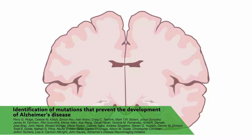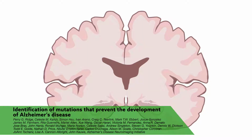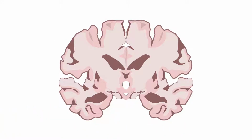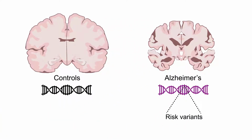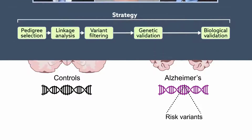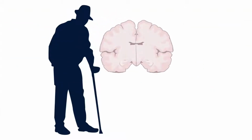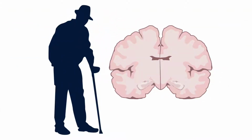Most genetic studies of Alzheimer's disease compare patient DNA to controls to identify mutations that increase disease risk. That approach has identified some risk variants, but none have led to effective treatments, and most of the genetic contributors are still unknown. Now, a team of researchers is tackling the problem from the opposite side, asking why some high-risk elderly people don't have Alzheimer's, a strategy that has discovered a protective mutation in a gene that may be a